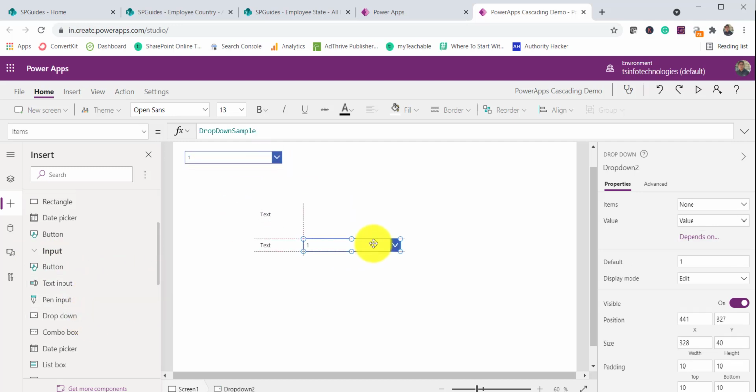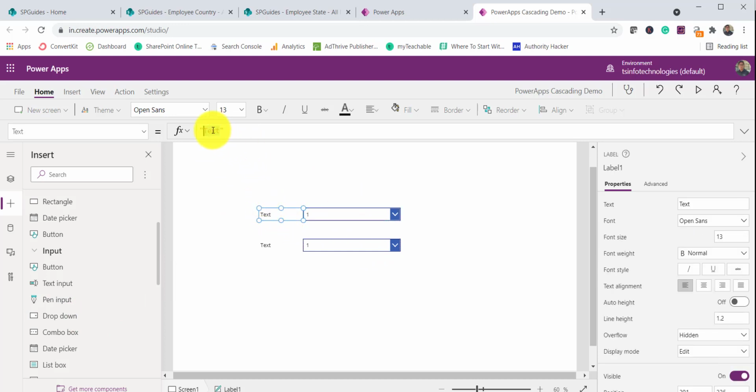Basically one drop down will be used for country, another one is for state. So I will say employee country, and the second one we will do here is employee state. You can see here I have added it.